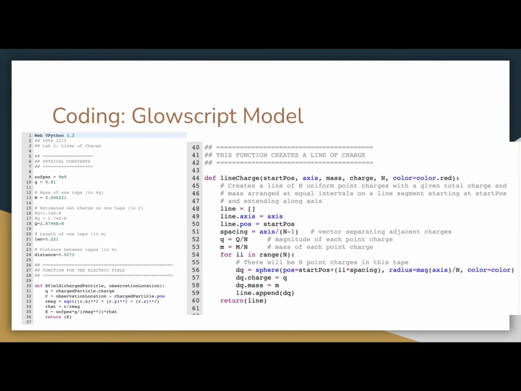Next, we'll move on to my computational model. As you can see, I first initialized the constants and the properties of tape B that are relevant to this model. I then use the following lines of code on the bottom left side of the screen and on the right side of the screen to first initialize a function for an electric field, and then to define the function for the line